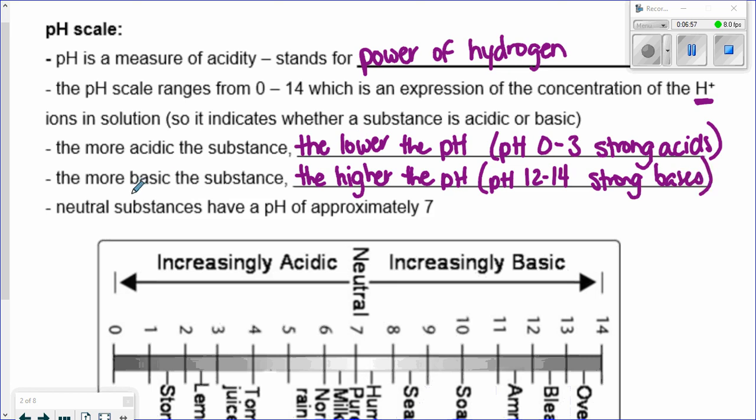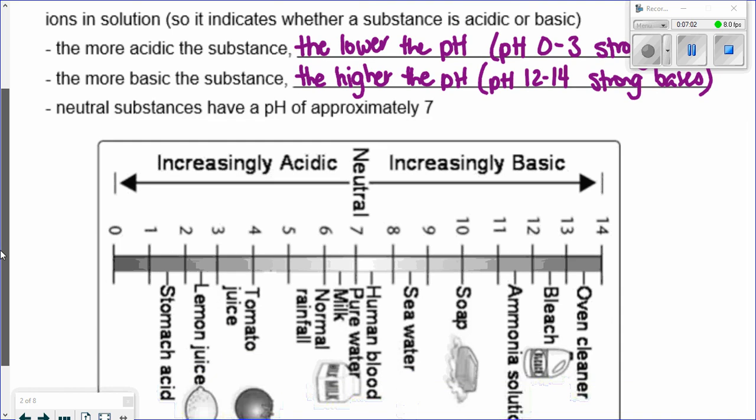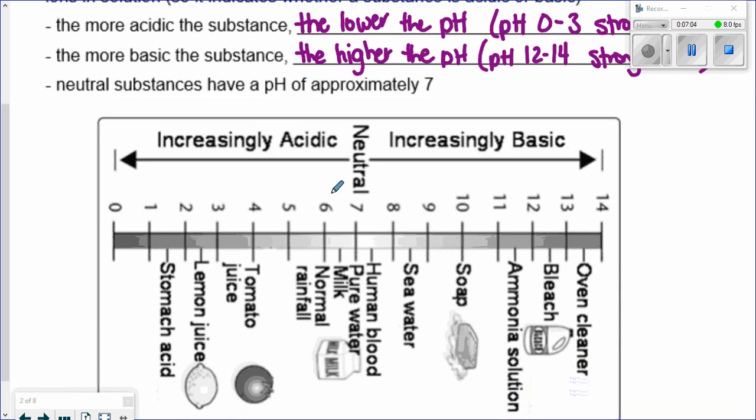And so neutral substances have a pH of approximately 7. So we call a pH of 7 neutral. We call anything below a 7 acidic. So acidic is below a 7, basic is above a 7. And again, these are our strong bases. These are our strong acids. And these we'll call a weak acid. And so thinking about that,